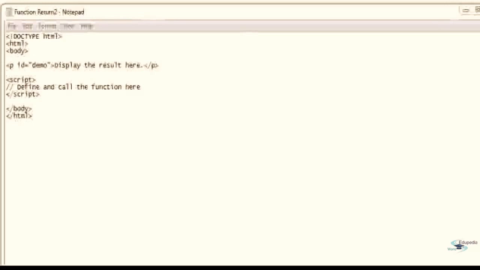This person could be you and me, or anybody, and each individual person will have their own set of properties and behaviors associated with them. So my information is definitely going to be different from yours, and your information is going to be different from your father's information or your mother's information, because everybody is unique in many ways, and that's what makes an object unique. Objects are unique, and they have specific or related information associated with them, and that's what we're going to study in the next video,